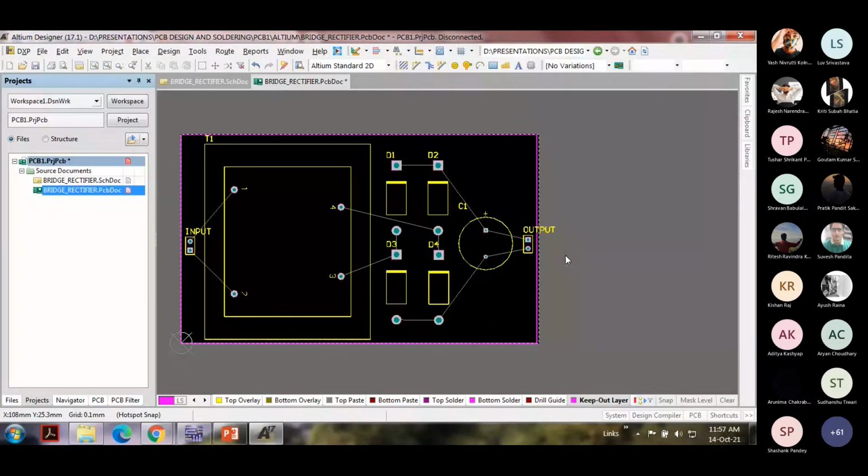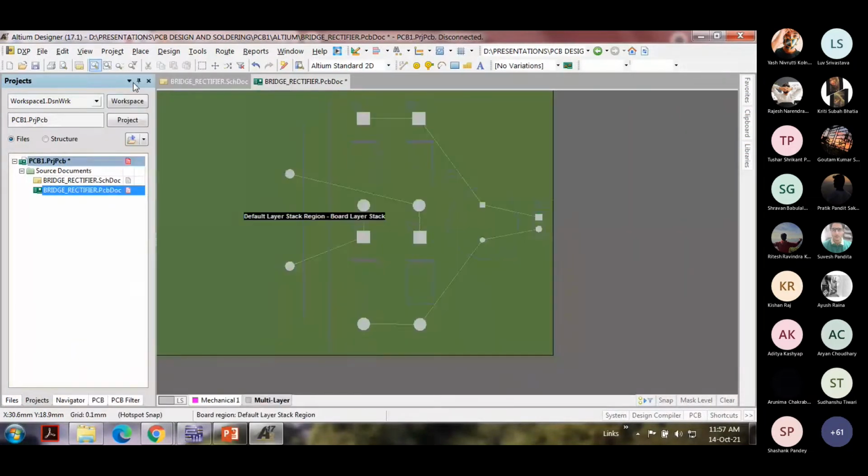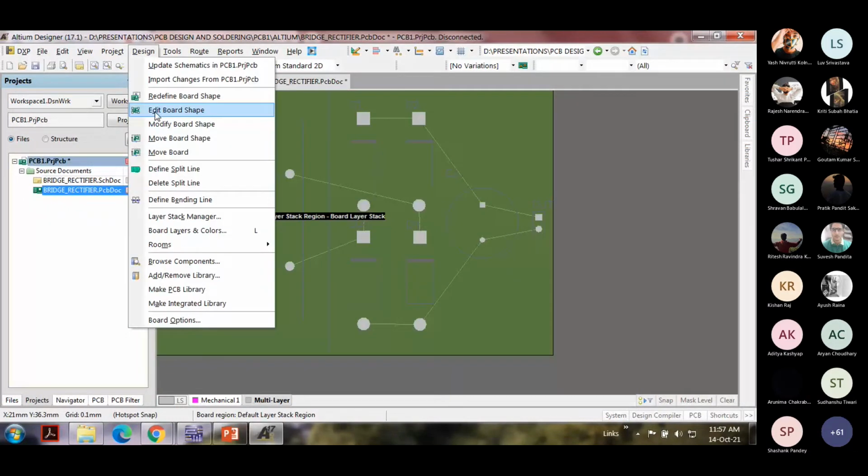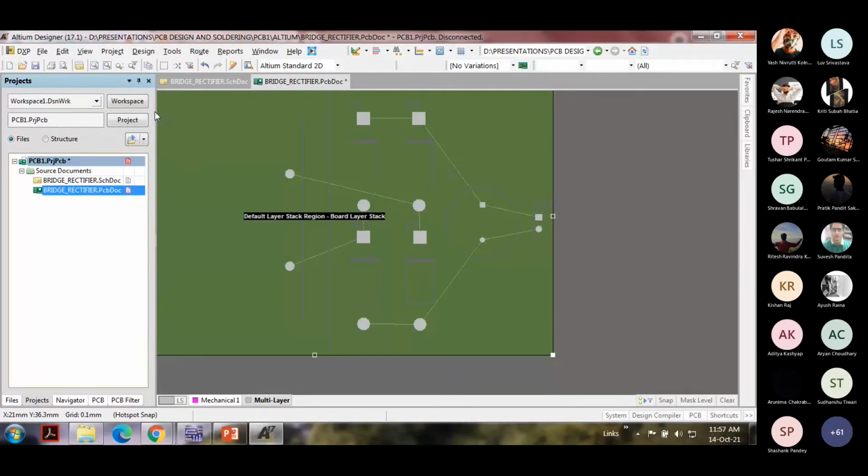So once you place the board like this, now this is a very, very easy, very simple schematic. Practically, you will be having a lot of complex schematics, and the number of components will also be more. To be on the safer side, I'll change the board dimensions again, extend it a little bit further, like this, to make it exact.